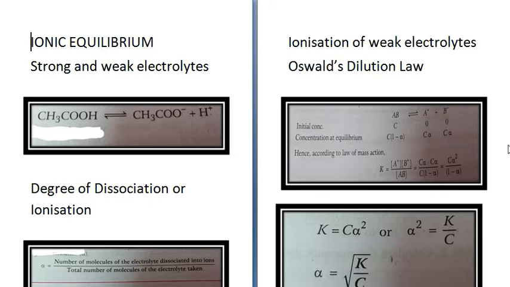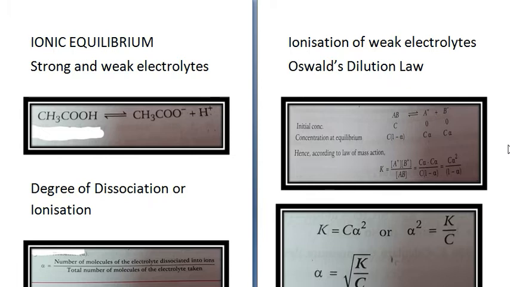Electrolytes which dissociate to a large extent or almost completely into ions and behave as very good conductors of electricity are called strong electrolytes, like NaOH, KOH, HCl, NH4Cl, HNO3, etc. Those electrolytes which dissociate to a very small extent in solution and act as poor conductors of electricity are called weak electrolytes, like acetic acid, NH4OH, (NH4)2CO3, etc.